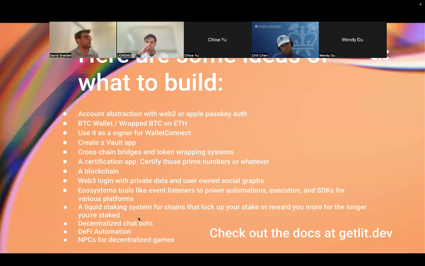Another interesting idea to put forward is that what is happening with this programmable key pair is functionally making private keys something that is liquid, that is tradable. So the current state of the art today is, if you have some ETH and you want to stake 32 ETH such that you're earning yield on it, that ETH is locked up. But if you stake that ETH from one of these PKP wallets, these MPC wallets, you could trade the underlying wallet. The wallet itself has liquidity. Another way to conceptualize this is that it breaks the notion of soul-bound tokens, because the key pair itself is something that's liquid.